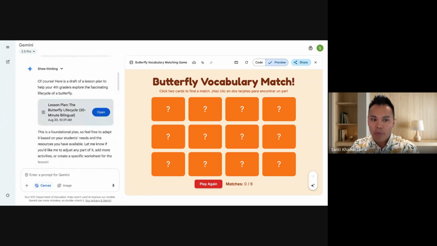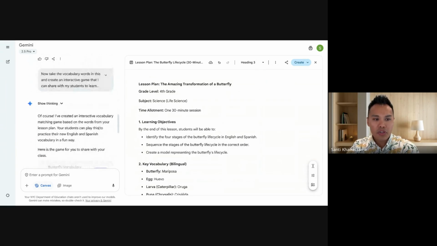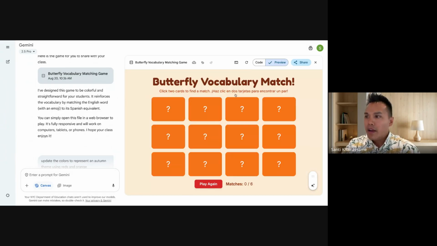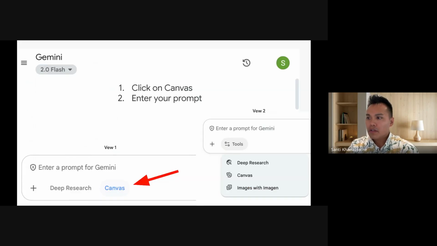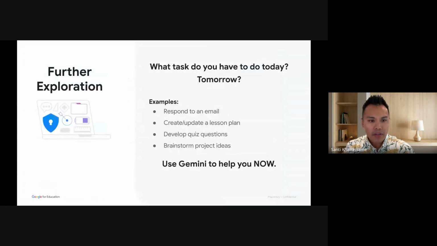You just have to scroll back up. It's like, oh, I want the lesson plan again. Here it is. And then again, you can export this to your Google Docs. You can create different things. All right. That game that I made is just down here, and you would open that up. Okay. So that's Canvas. I showed you how we can update it.